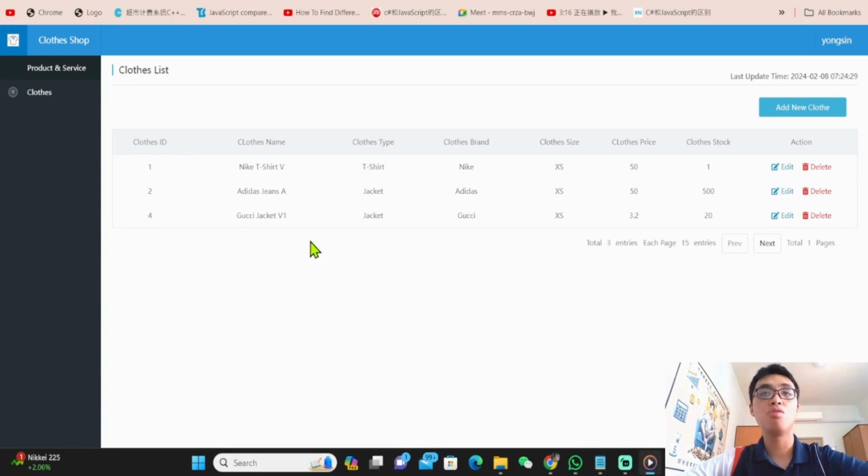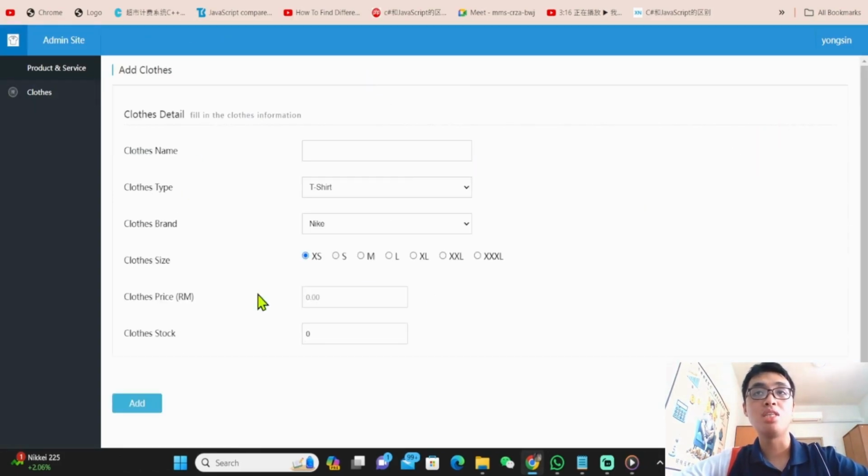So first, I will introduce how to add new clothes by using our system. When we click on the Add Clothes button, we will be navigated to this interface. Before we add the new clothes, we must fill in all the clothes information. Let's say you want to add a new clothes and the clothes name is called Adidas Performance Jacket,